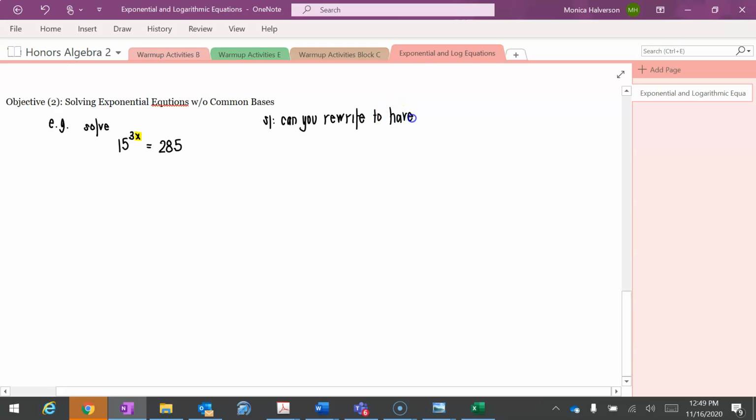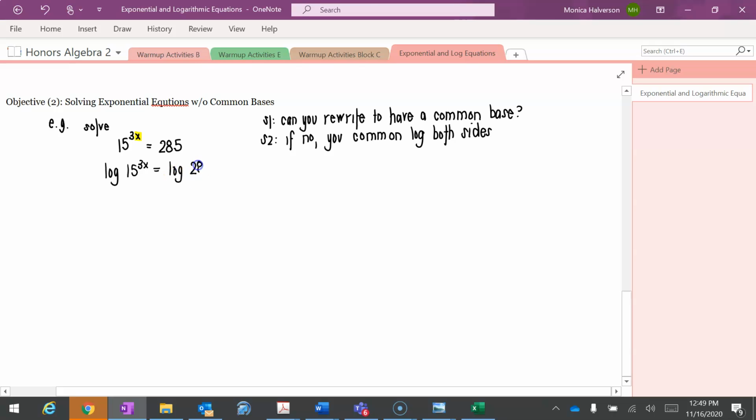to have a common base? And remember, that means only lowering the base value. If your answer is no, you common log both sides. And remember, common log means a base of 10. So log 15 to the 3x